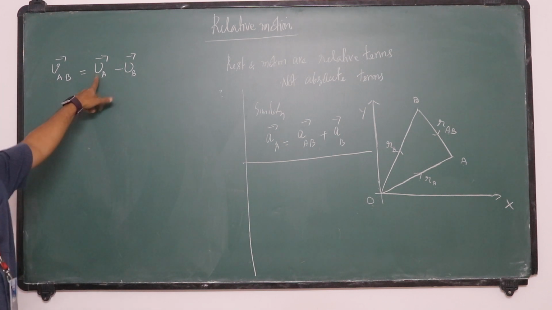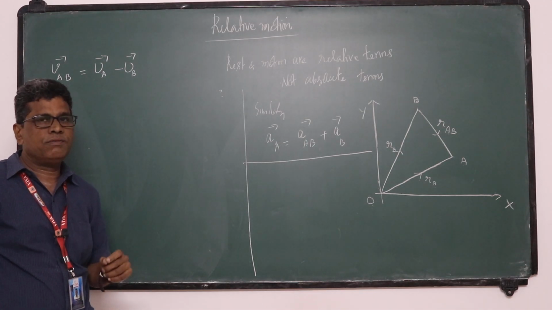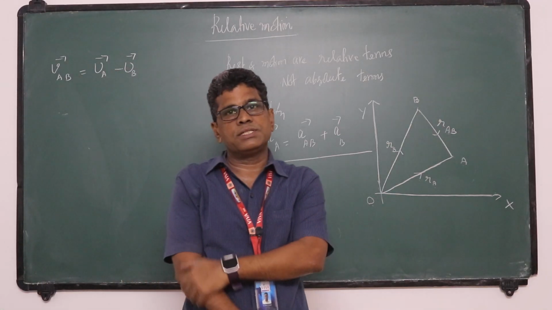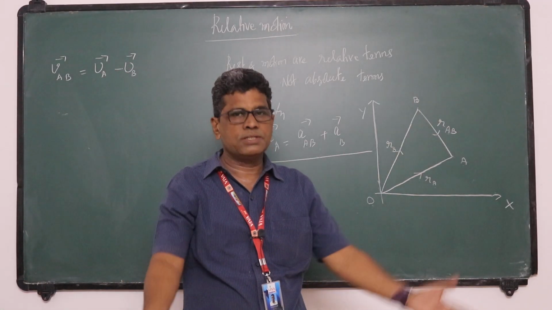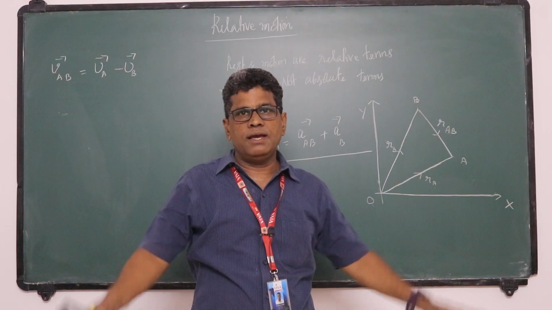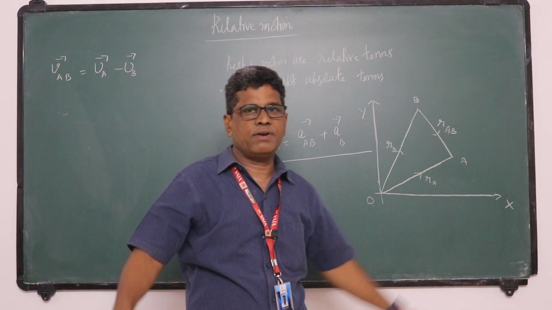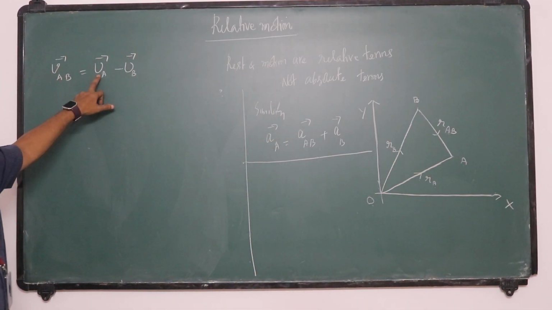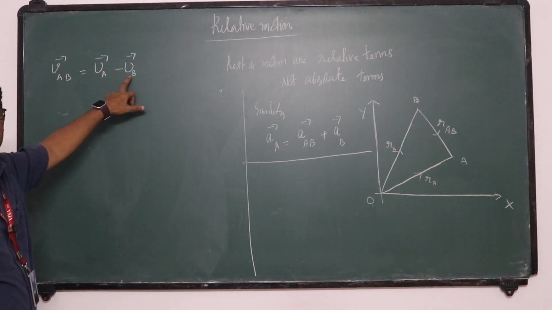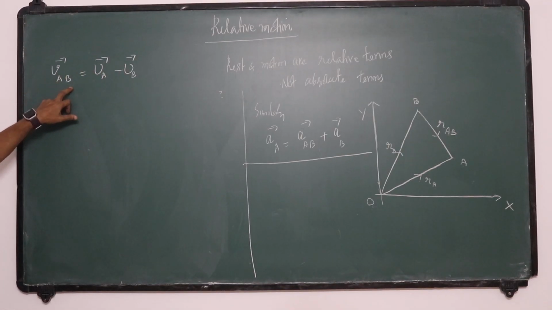That is called the absolute velocity of A. Sometimes it is also called the velocity of the particle A with respect to ground, because the ground is a reference to us. Suppose we are doing experiments here. This ground is the frame of reference for us. This is a laboratory, so this one is a fixed one. We consider this as a frame of reference. So this is the velocity of A with respect to ground. This is the velocity of B with respect to ground. That is the velocity of A you will get with respect to B.